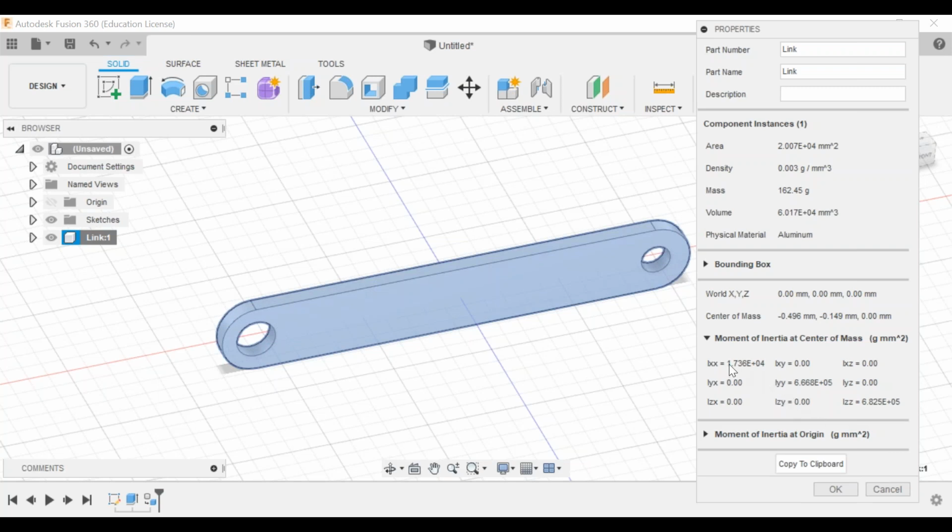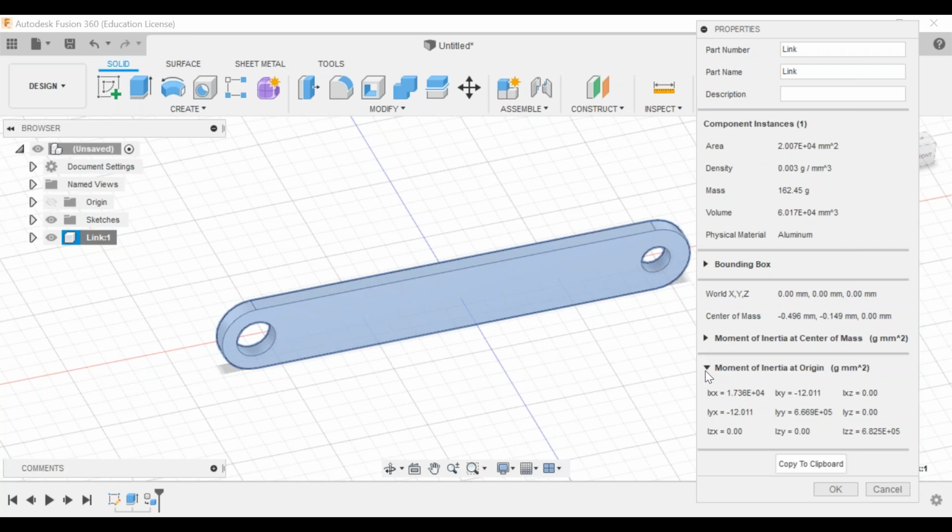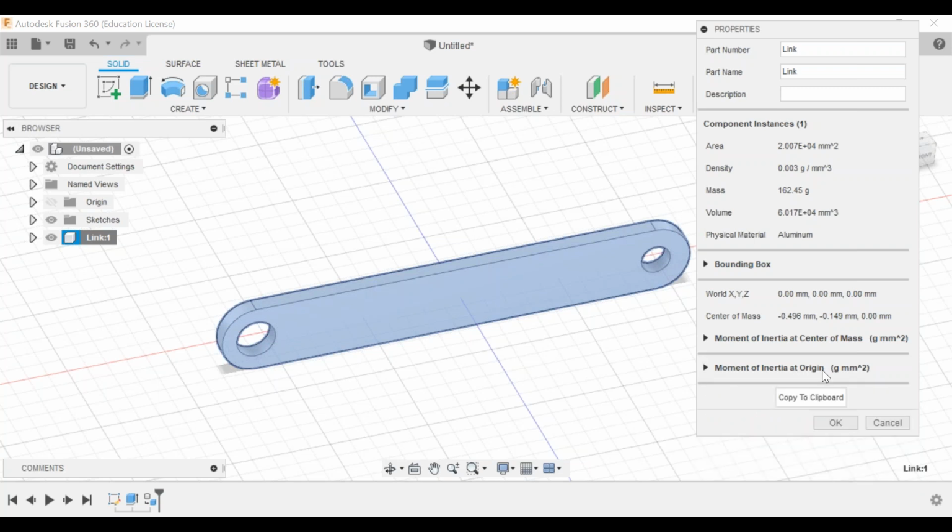As this is a simple element, we can find the principal vectors only on the diagonal. I'm not going that deep into the mathematics. So this is how you generally find your moment of inertia and everything. And if you open this, you can find moment of inertia and center of mass.